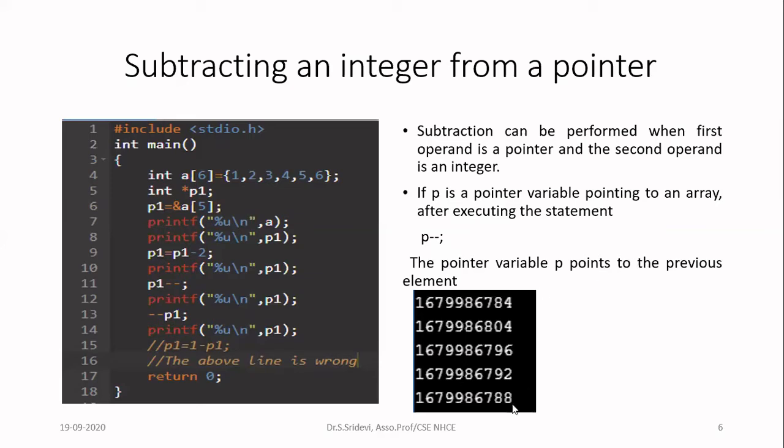Now, let us see the output we are getting here. First, I am assuming that P1 is pointing to A of 5 and I am printing A first. A is the base address. Currently for me, it is printing 784. Then in the next line, I am printing P1. It is pointing to the element A of 5. So what is the address of A of 5 with respect to the base address? If you know the base address, you have 5 elements from the base element. So you have to multiply 5 by, just a minute.